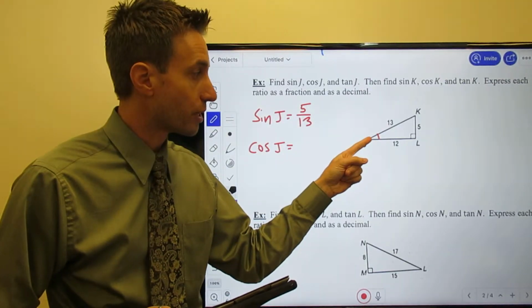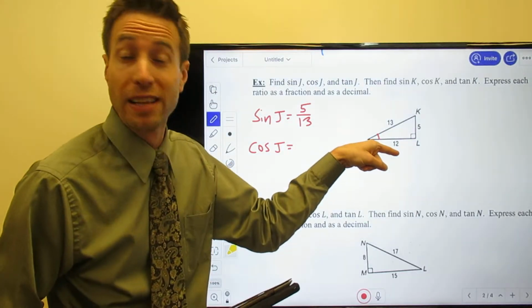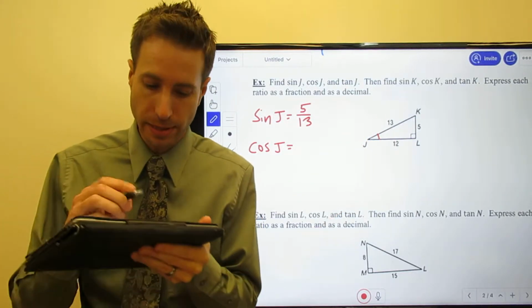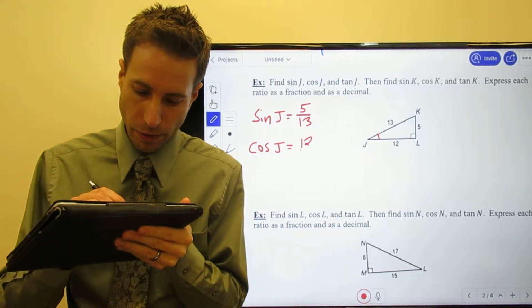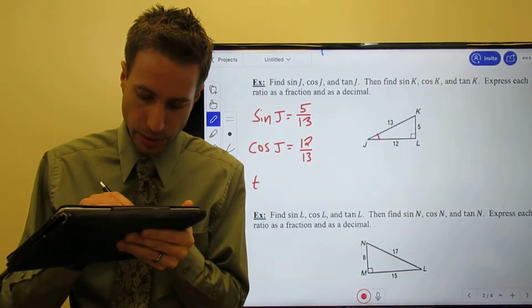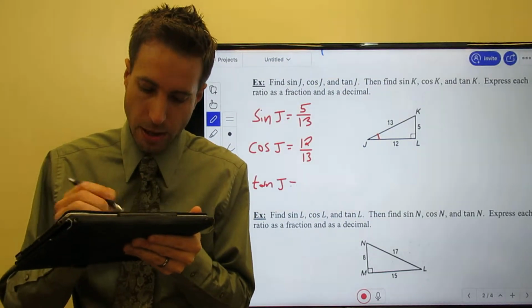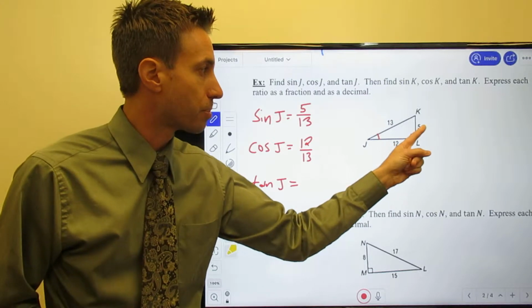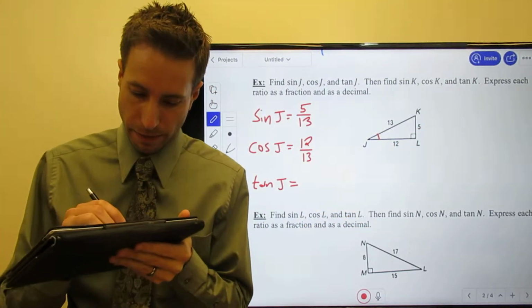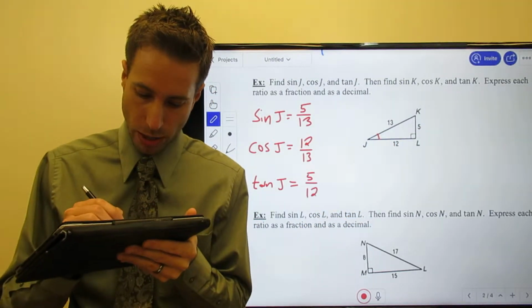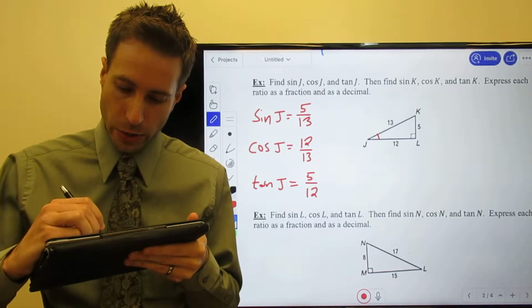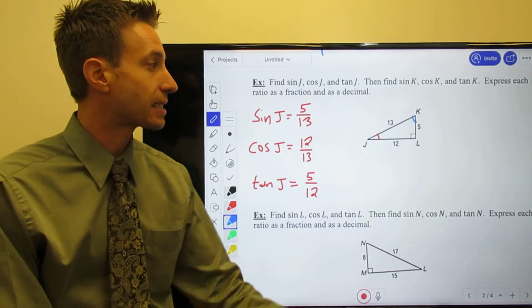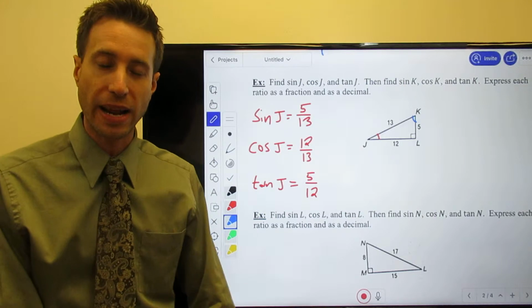Here's J, so the adjacent side would be 12. The hypotenuse is 13, so 12 over 13. And tangent of J, opposite over adjacent, 5 over 12. Now, of course, we could go ahead and do the exact same thing for the other acute angle K,